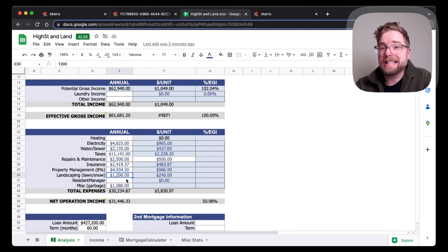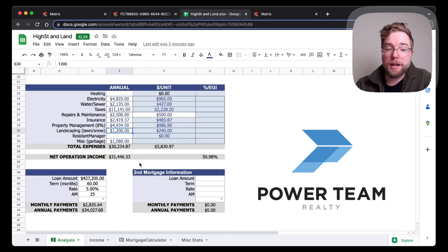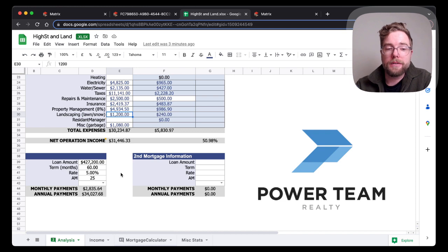We do have the snow costs. I did not see any lawn on this property, so that's not to be a concern, but snow, the only variable that I see is additional snow dumping. And what that means is that a company would come and pick up the snow from the property and get rid of it. So the final items on here are the various monthly payments, loan amounts,